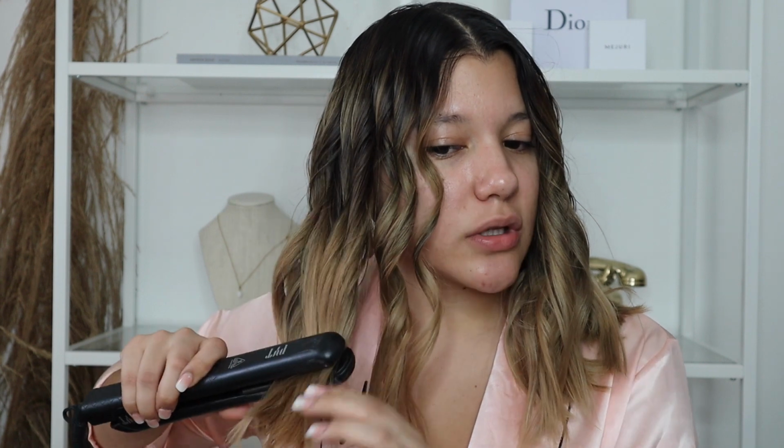If you use a regular curling iron, then you probably can skip this step because the curling iron naturally straightens the ends for you, but when using a wand, it doesn't. So that's why I go in with this step at the end. And then I can kind of just start combing through it so it doesn't look so put together. Just loose, done, natural,